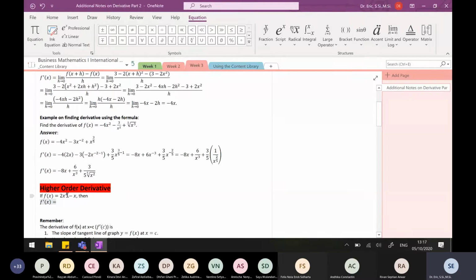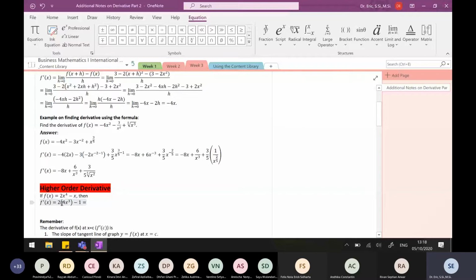Okay, yeah? What is the derivative of 2 times x to the 4? It is 2 times the derivative of x to the 4. That is 4x to the 4 minus 1, that is 3. Okay, yeah? So I have minus, don't forget this is x to the 1. So x to the 1 is 1 times x to the 1 minus 1, x to the 0, and x to the 0 is 1. So you have this, and you can calculate this.